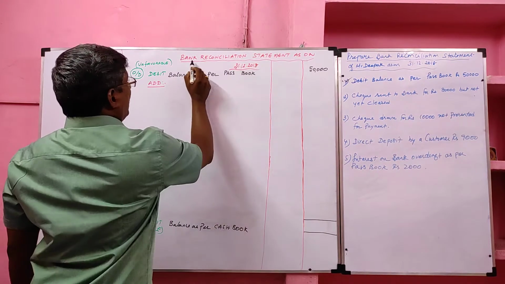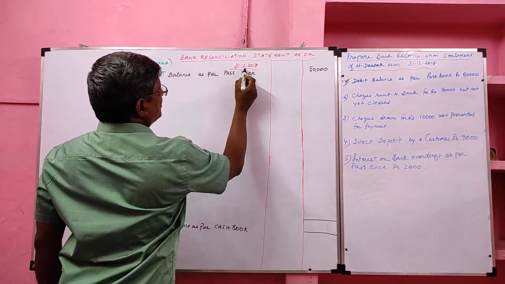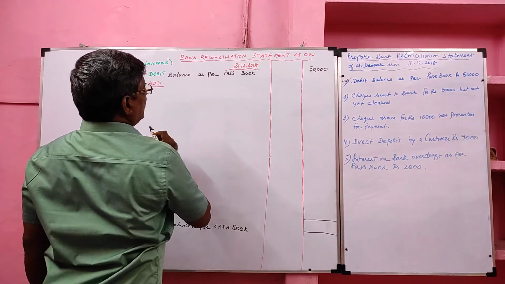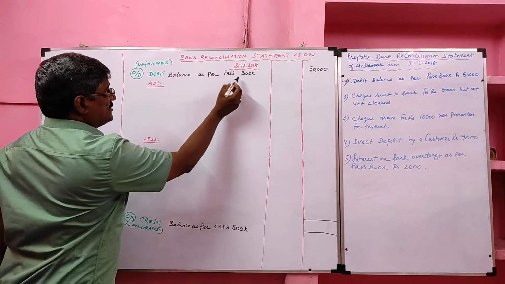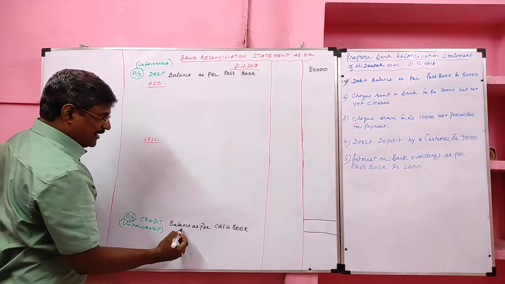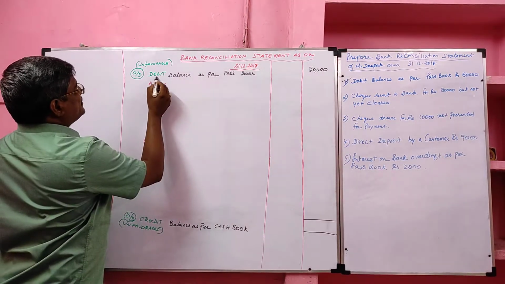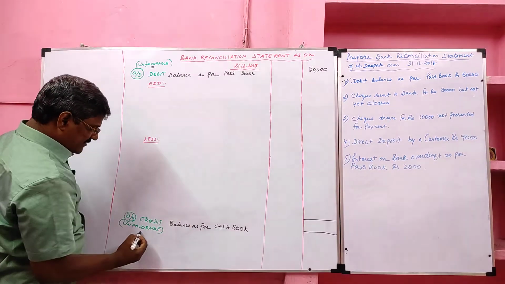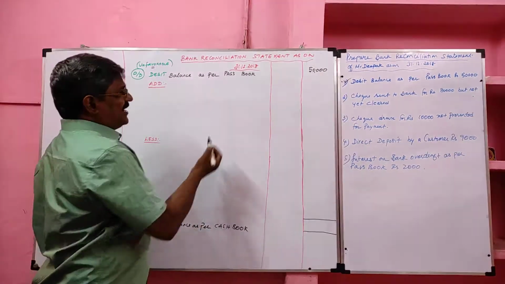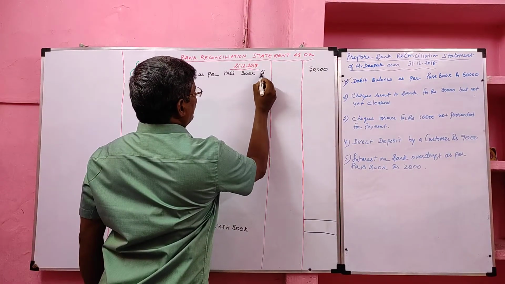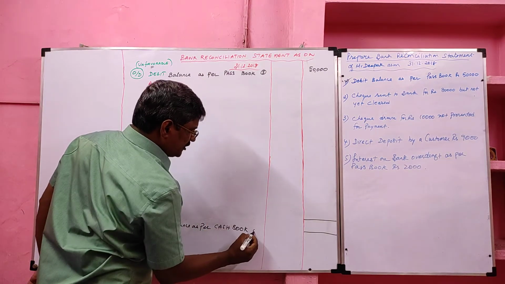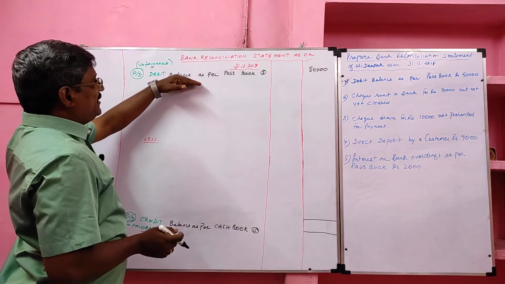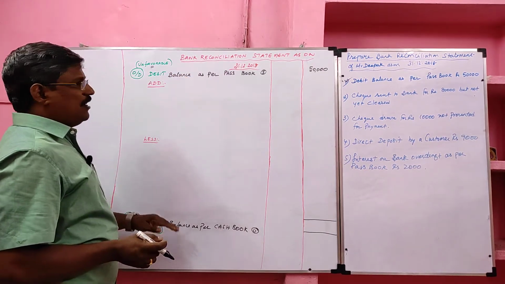Now, the heading is bank reconciliation statement as on 31st December 2018, and it starts with the debit balance as per passbook. If it starts with the debit balance as per passbook, it should end with the credit balance as per cash book. It is bank overdraft as well as unfavorable. So it starts with unfavorable, ends with unfavorable. So if it starts with unfavorable, we should give the same effect to the passbook transaction, and the opposite effect to the cash book transaction. Once again, here the starting point is unfavorable, ending point also unfavorable.